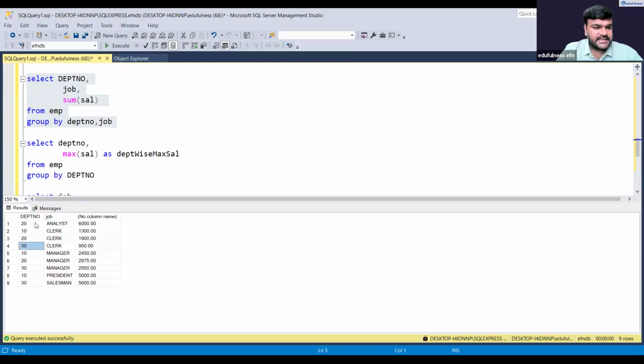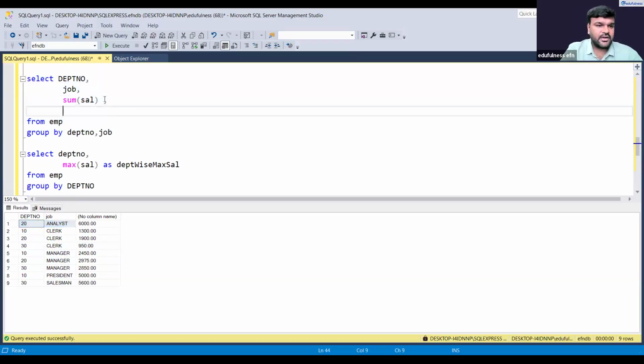You see that 10 is repeated 3 times, 30 repeated, 20 repeated, but here clerk is repeated, manager is repeated. But you can see 20 analyst, that combination, that's what we told. Group by is nothing but whatever columns are there, whoever has the same value. So for simple understanding, let us take count. Count star, if you take it, you see